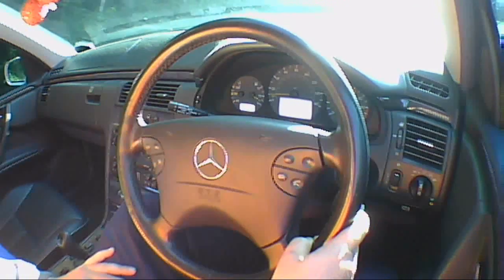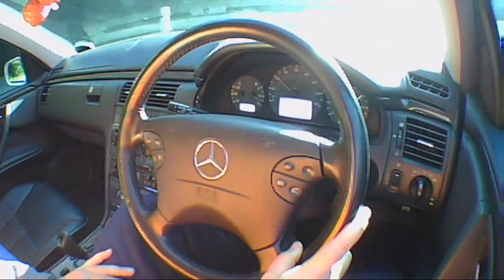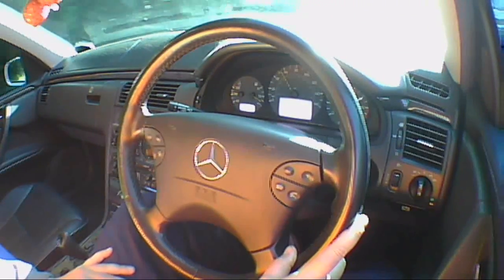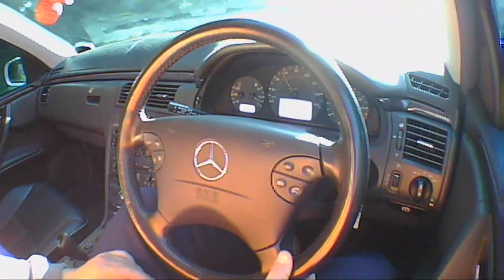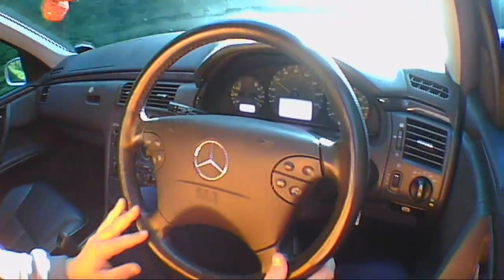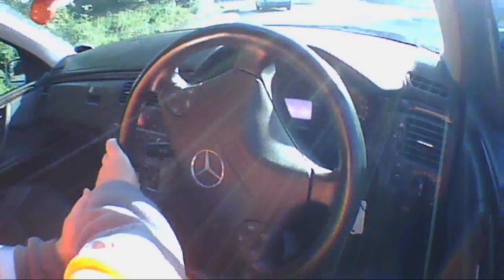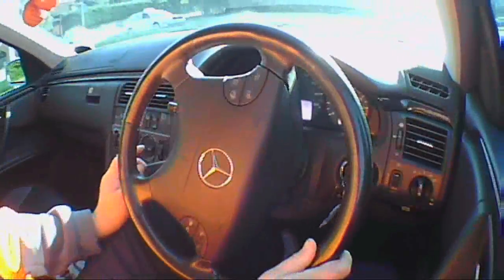Right, we're doing the 0 to 60 test. And that's 60. You know, it amazes me with Mercedes. The more I drive them, the more I realise that they have a lot of similarities with Jaguars, and I say that because Jaguars are either really good or they're really awful. And with Mercedes, you either get a